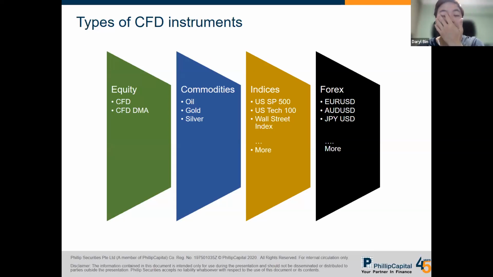Okay, so moving on. These are the different types of CFD instruments that we offer. We have equities where we offer CFD and CFD DMA. We have commodities, which are gold, oil, silver. We also have indices like S&P 500, US Tech, Wall Street Index, and many, many more. There are even mini contracts for the indices, and we also have Forex, and FX is the global marketplace